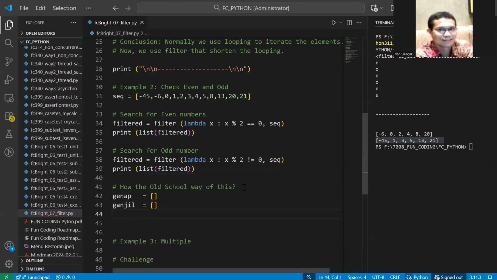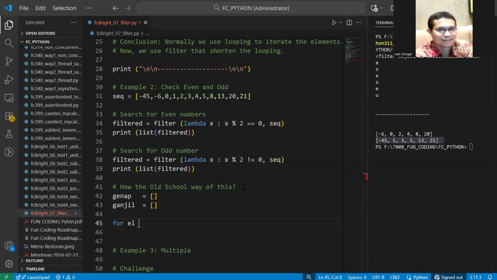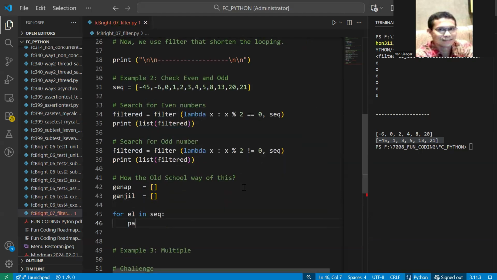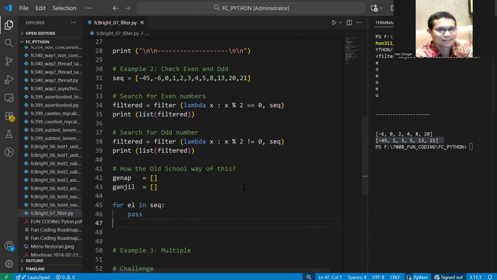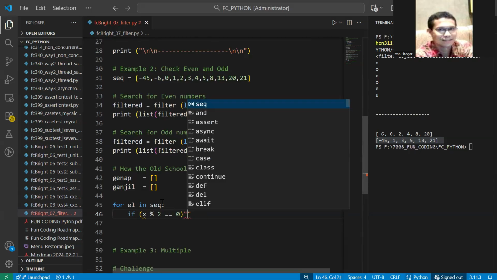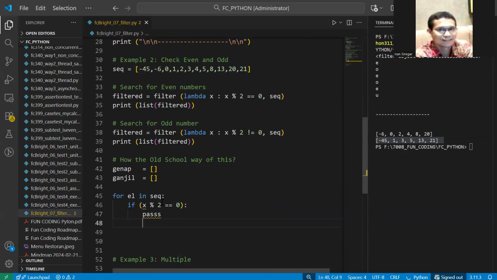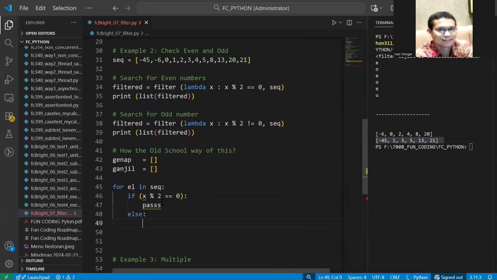And then you do a for element in the sequence, like this. And then you check one by one whether this divided by 2 equals 0. So you copy this inside of the if, you pass, and then otherwise here is the else, and then you pass.